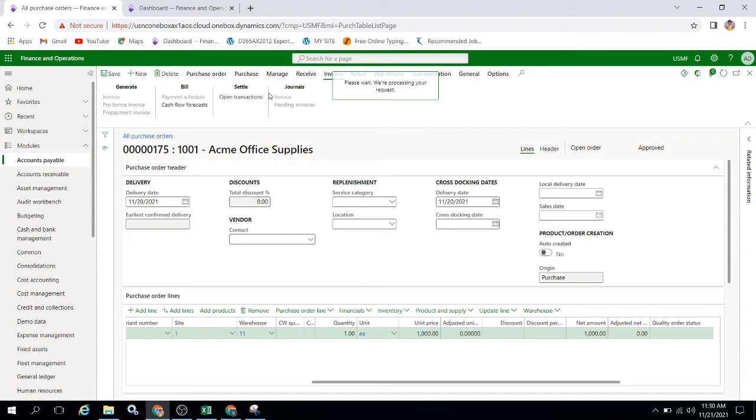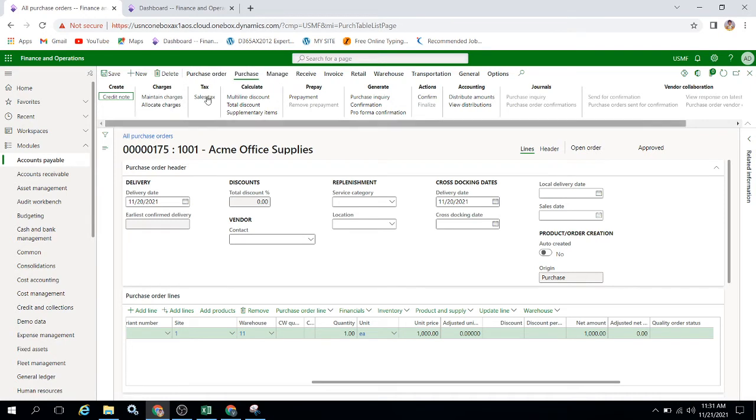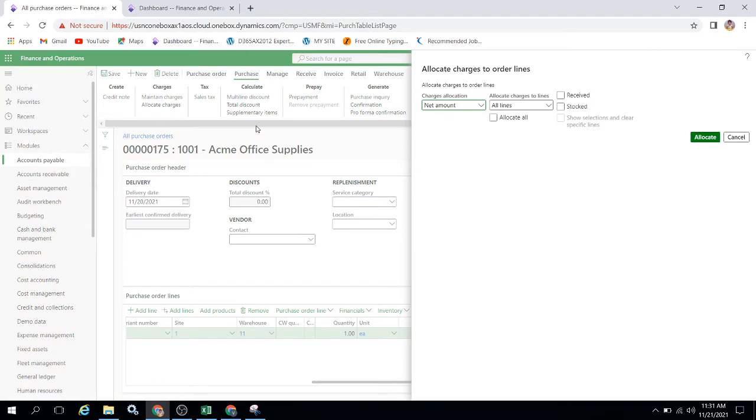Why is it processing for every step? So I'm going to the purchase tab, allocate charges. This is the screen where you need to provide how your charges have to be allocated.